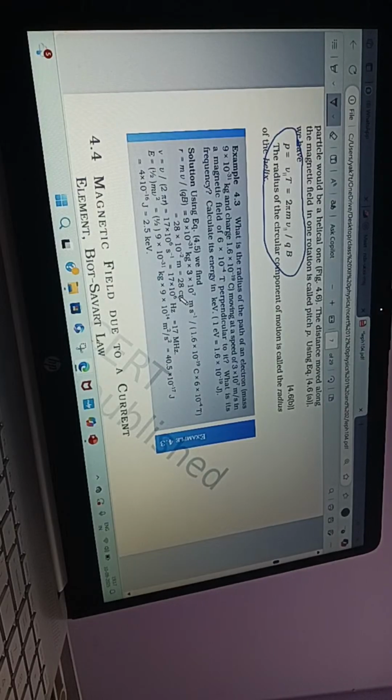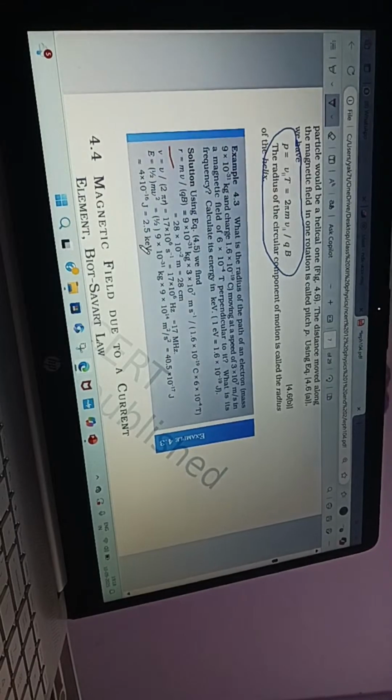What are the things that are given? They're given the speed of the particle, magnetic field, and charge and mass. Mass is given, V is given, Q is given, B is given. Substitute them and you will get the radius. Then what is frequency? Frequency is